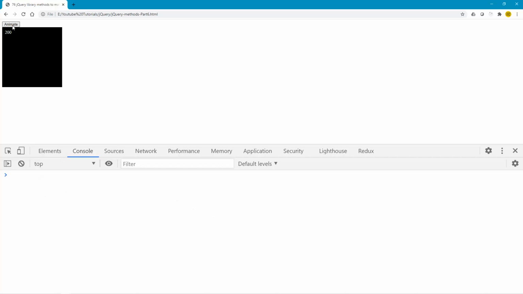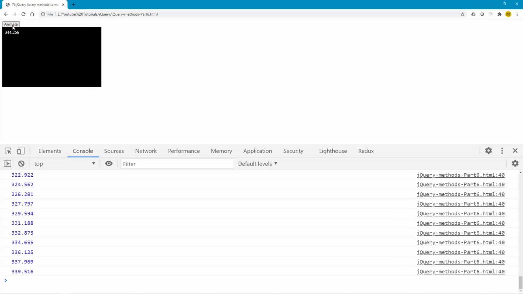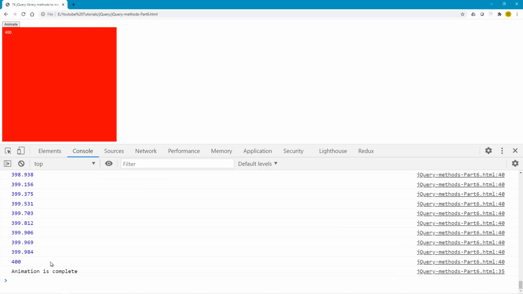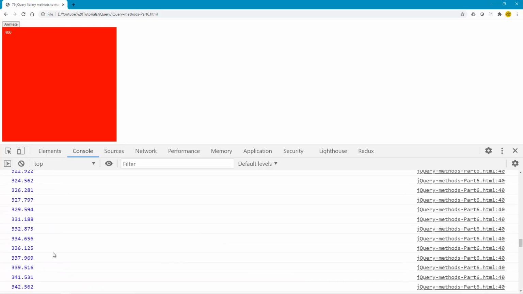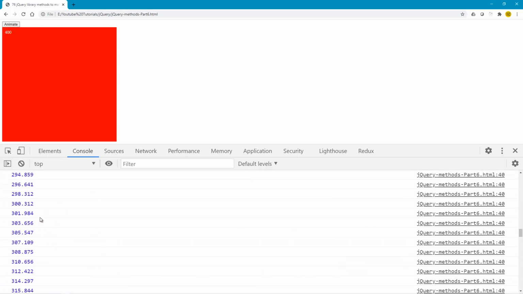If I save, refresh, and look into the console, and animate, you see that the div width is increasing, and finally we have 400. If I track back to here, you see the div width is 298.312, and after that the next div width was 300.312, which is not equal to 300.